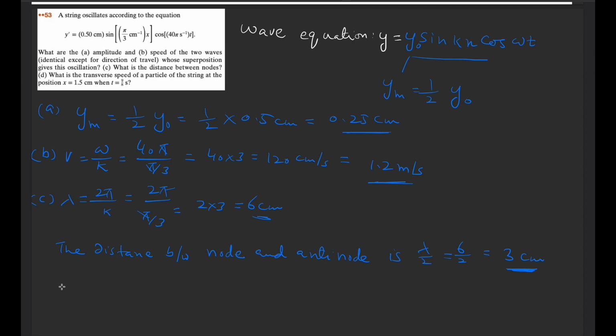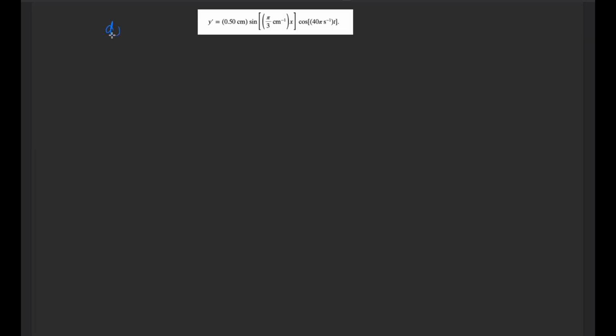And now we have to find the transverse speed of the particle, which is given by u, which is a function of x and t. If we differentiate this term, then we will get u. So this is part D. So u is equal to partial y divided by partial t. So y is this equation,